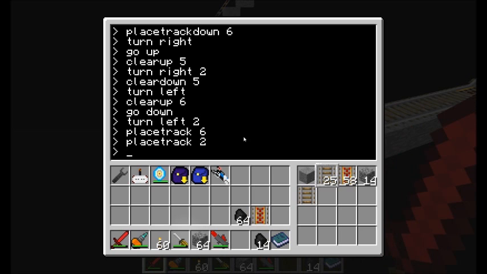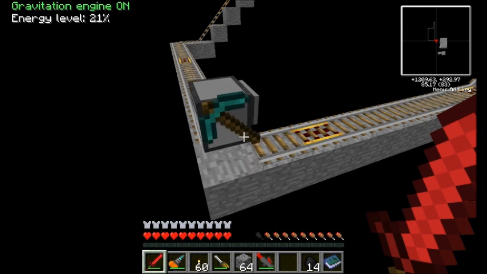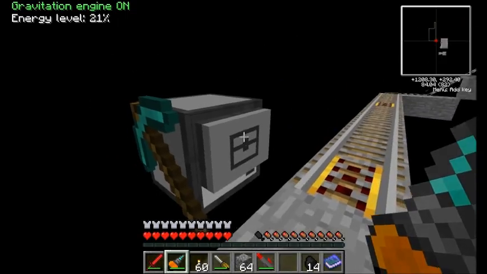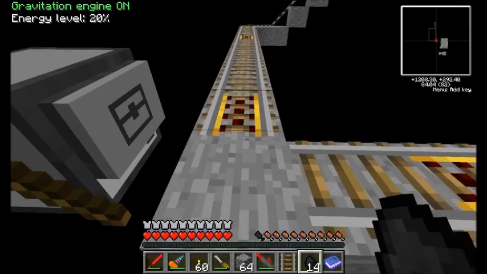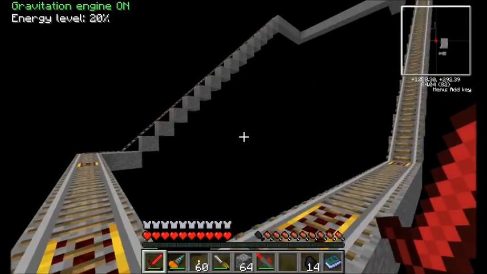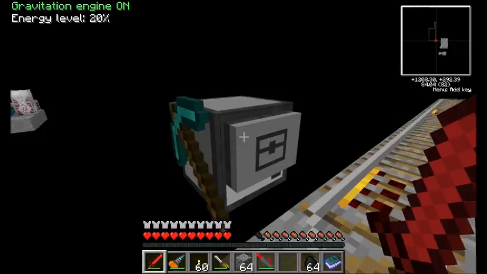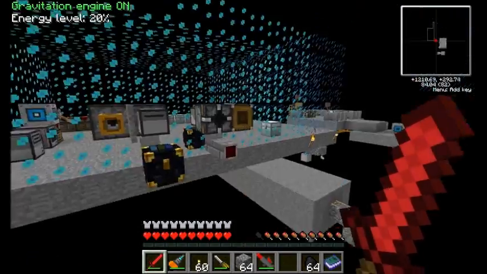Alright, this I need to place. But I actually wanted this to be a normal rail, not a powered rail. That should kind of work. Alright, so you take this stuff back home. Oh, and it was perfect. Dude, that was perfectly out of...